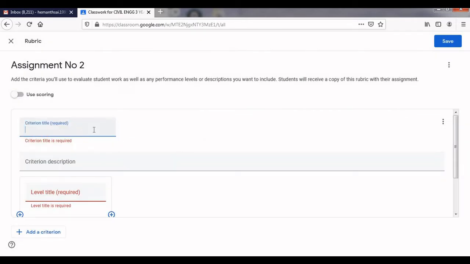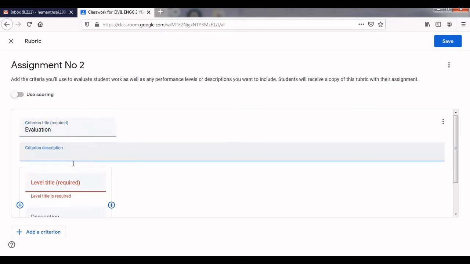So criterion title. What is the criterion title? This is nothing but evaluation. What we are writing here, the student will be able to see when we are sending. So the criterion title we have written here is evaluation.